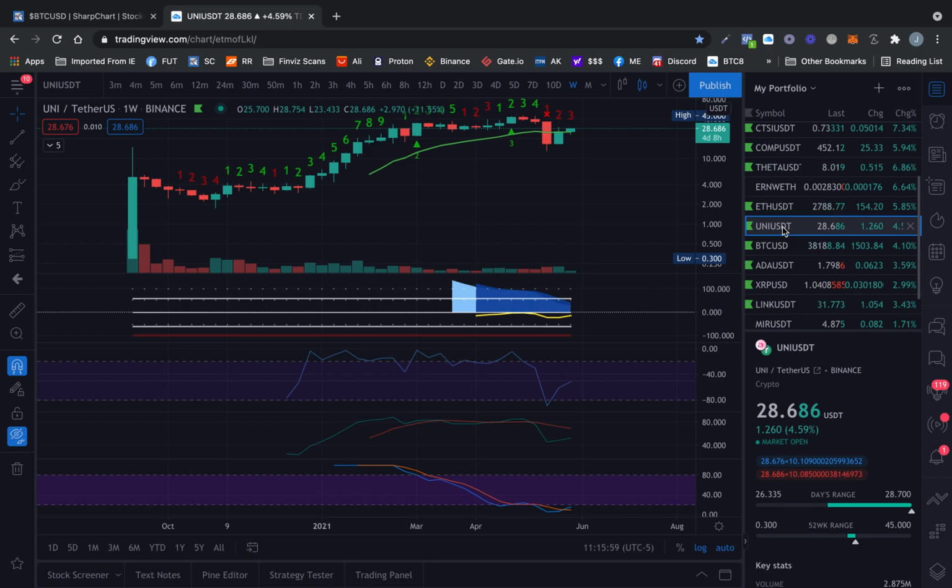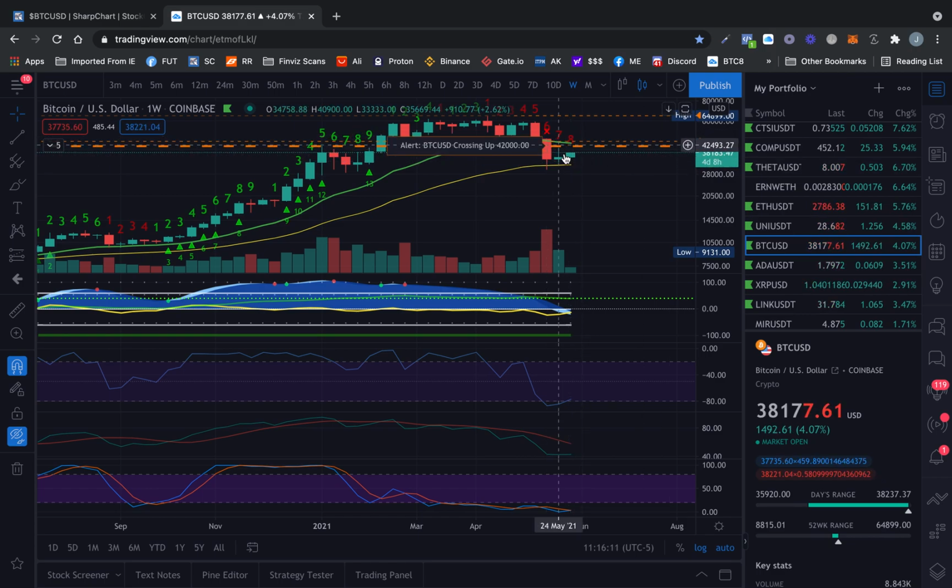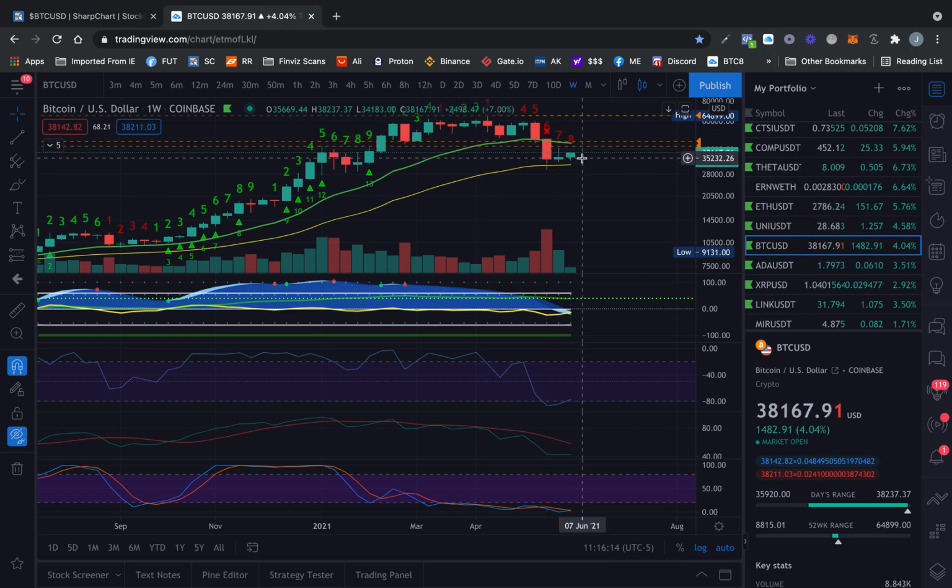It dipped below it, tested it last week, couldn't get above it. Now it's above it this week, if it can maintain it. Bitcoin, it's below it. It needs to reclaim it. It's on an 8, so I'm guessing we might get another week of sideways to down action before we really see,